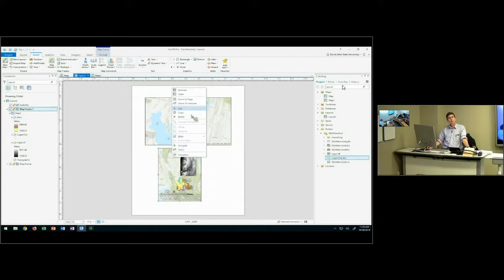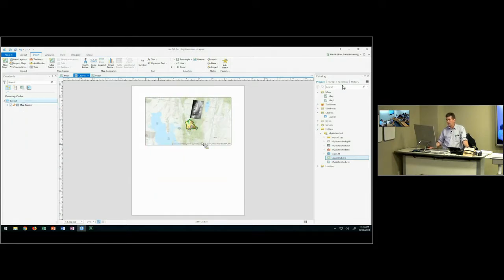It doesn't work that way. It would be nice if it worked that way, but when you change layers and you change scales on the one, it tends to do it on both of them. So let me delete this map frame. So I'll delete that, and then let's go and create a second map frame that is the first map, and perhaps I can